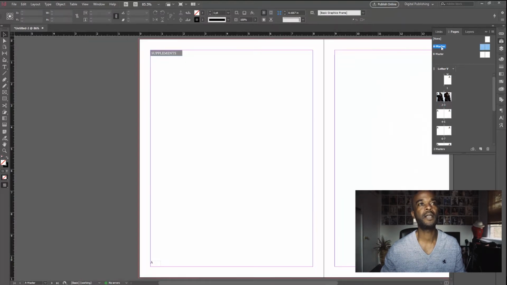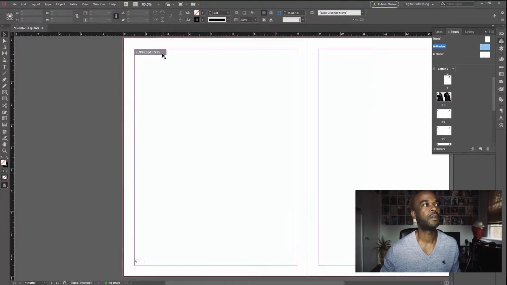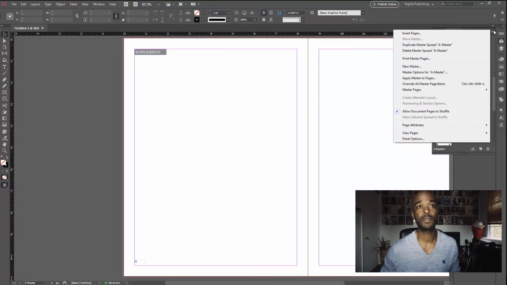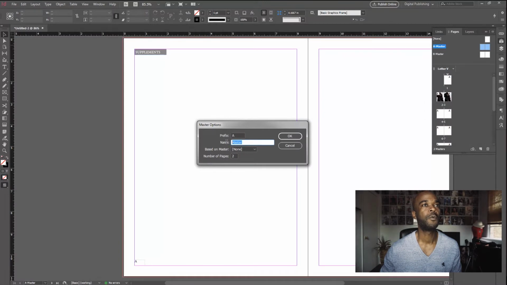So on your master page up here, you might want this master. Let's right click on that. Excuse me, go up to this toolbar and click on master options, and we want this to be font black